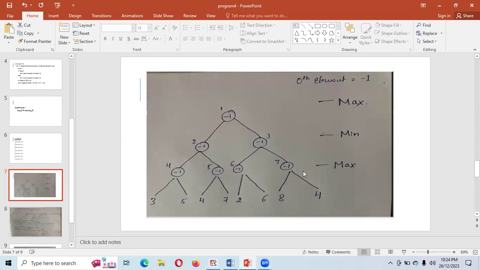Initially you are assigning node 1 value as -1, node 2 value as -1, node 3 value as -1, node 4 value as -1, node 5 value as -1, node 6 value as -1, node 7 value as -1, and then you have the rest of the nodes, that is, the values 3, 5, 4, 7, 2, 6, 8, 4. So all these node values, internal and leaf, you are going to store in the